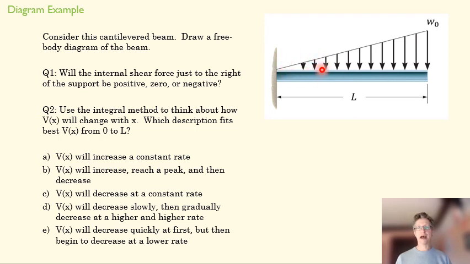Remember that this is a downward force. So we're going to have an integral from here to here. That's going to tell us how much v is going to change. We know that v is going to start positive if you figured this out before, right? We're going to have a high positive shear right next to our support. Now we're going to say, as we go from 0 to L, what's going to happen